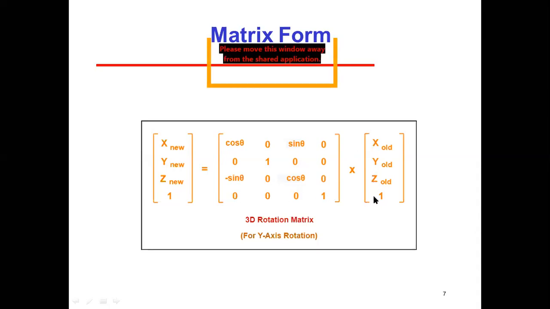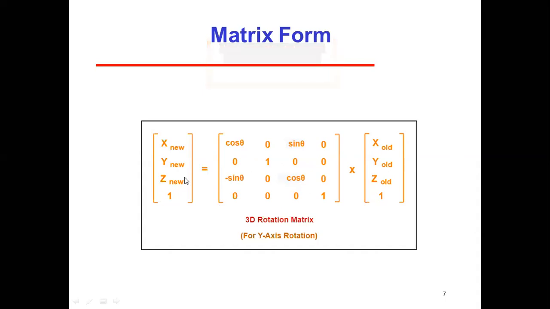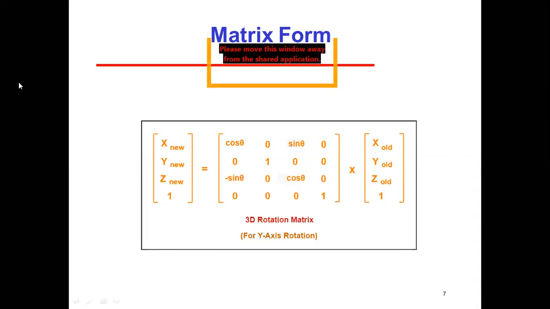Okay, so we can calculate easily and we will get a single column. Now the answer will come in a single column 4 by 4 matrix form, and then we can compare those easily. Whatever we get as the resultant, we just compare: x new is equal to something, y new is equal to something, z new is equal to something. Okay, so we can easily calculate by multiplication of the matrix.